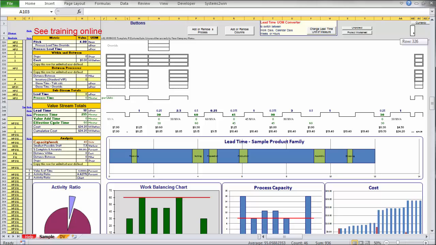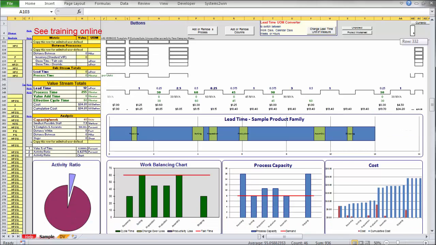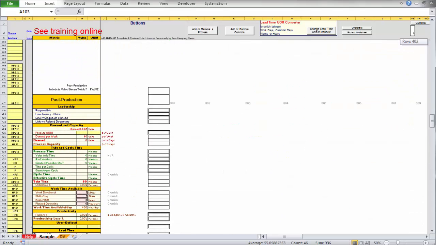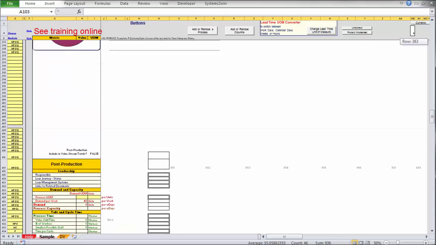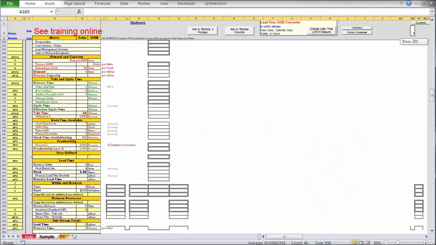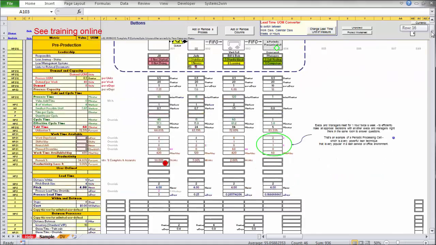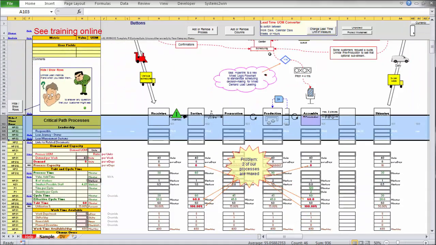And then here's your value stream totals, and here's a whole section for analysis, optionally unhidden. And then below that, you've got maybe post-production for accounts receivable that happens after we produce. So you've got all these tiers that could be unhidden. You say, no wonder I need something more than true and false.